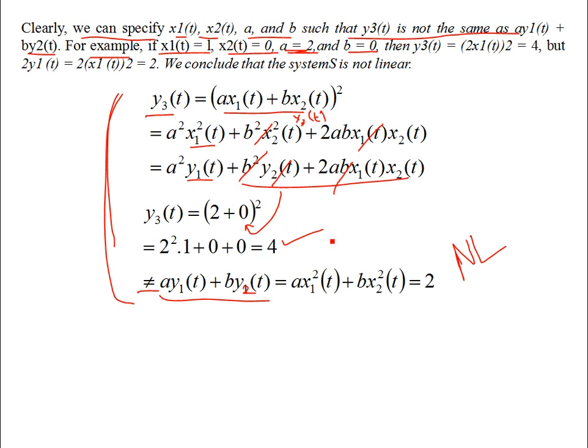But then again, this is a counter example. This is a specific counter example which shows that the system violates the principle of linearity, that the output y3(t), which is due to the superposition of the weighted inputs, is not equal to the weighted sum of the responses of the system. Therefore, the system is indeed non-linear. All right. Now,